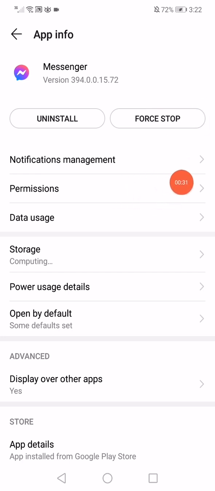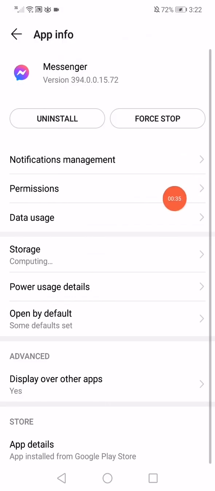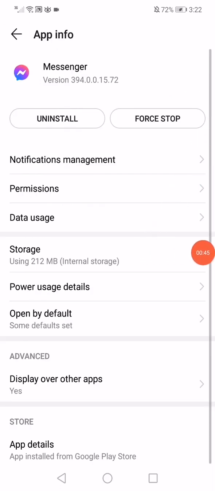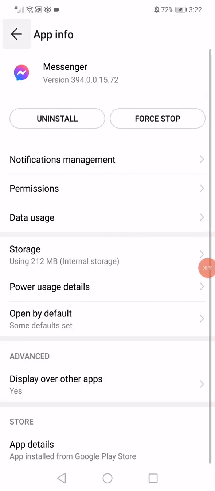After that, go down to the permissions, make sure to enable all the permissions, go back, click on data usage. Also right here, make sure that the Wi-Fi and the mobile data especially are enabled. Go back and then click on the internal storage, click on clear cache, go back to the settings,